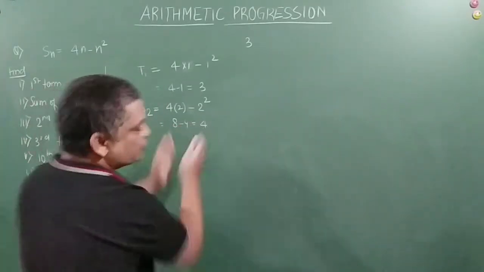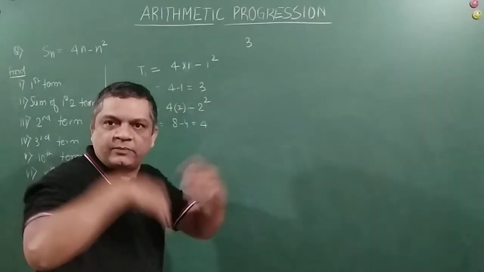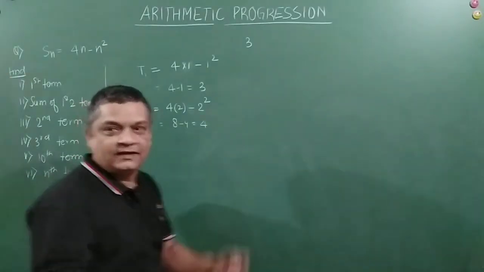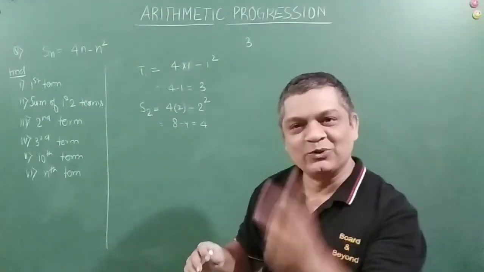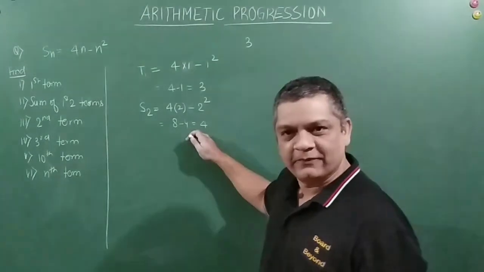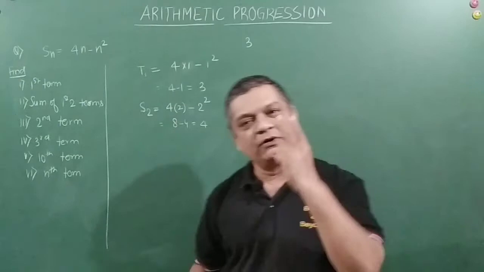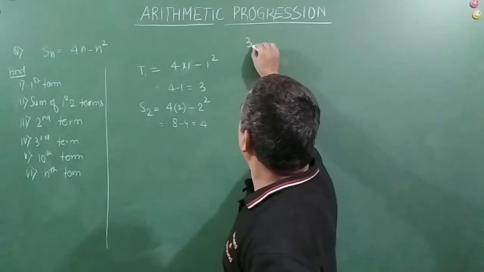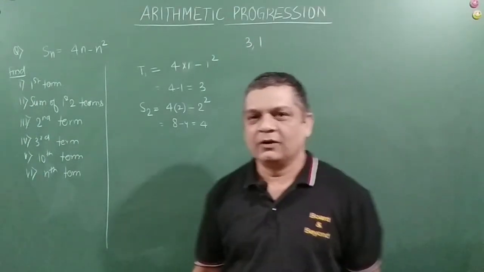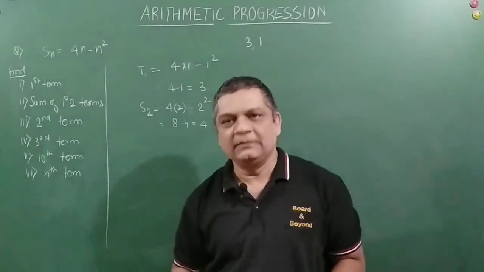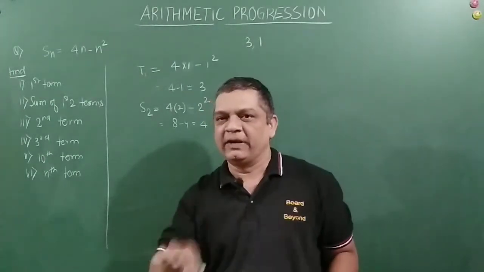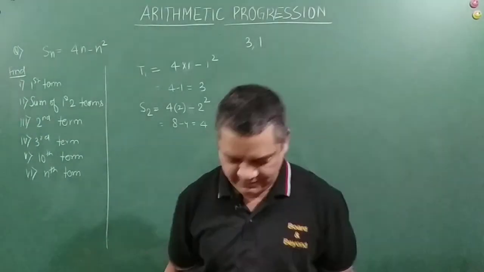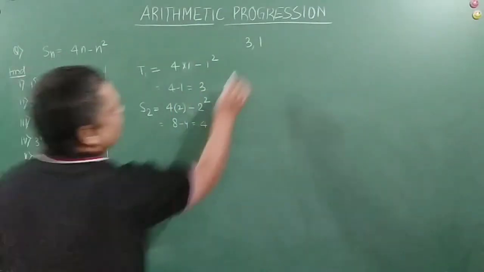So see, friends, the sum up to the second term is equal to 4, but the first term is 3. What does it mean? What is the second term? Okay. So the sum of the first two terms is equal to 4, correct? And the first term is equal to 3. That means the second term is equal to 1, right? We can also write it as the second term is equal to the sum up to second terms minus the first term, or the sum up to first term. Both are the same thing. Please don't get confused. So your second term will be 1.